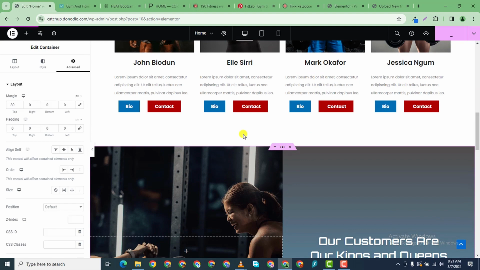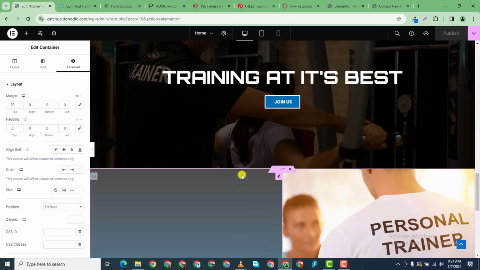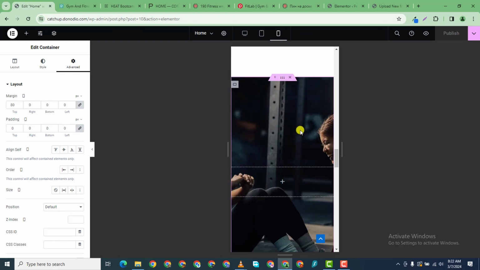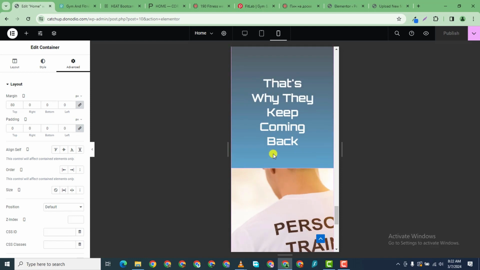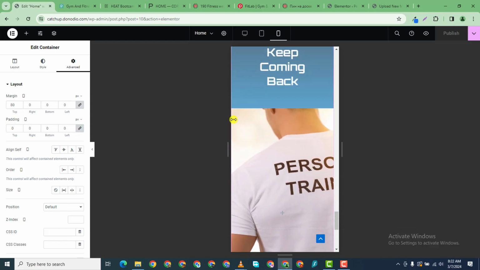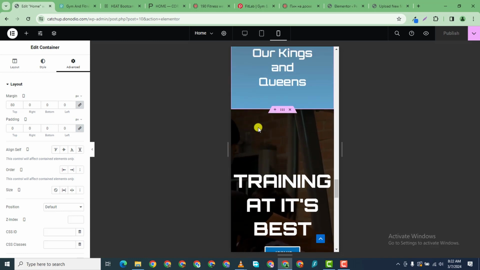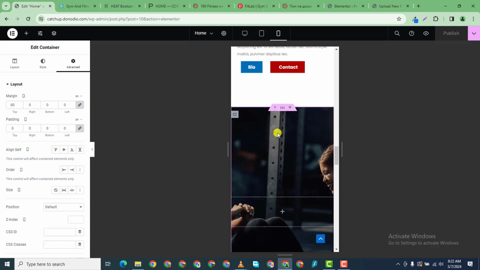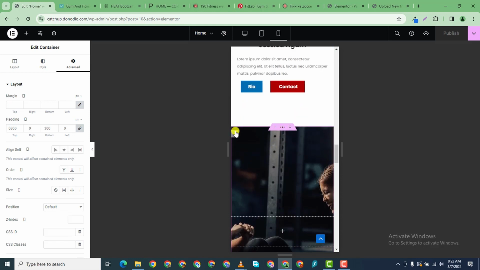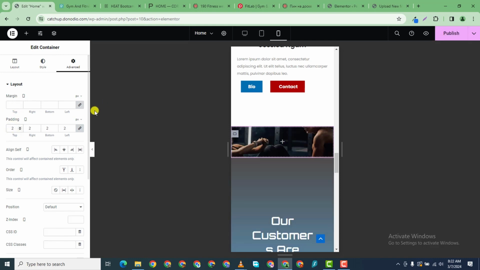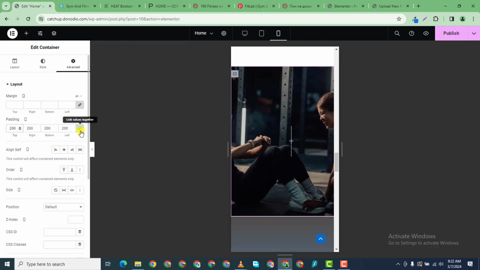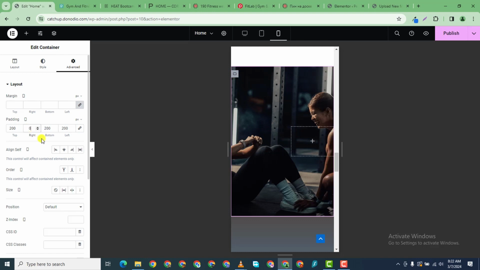Okay, so we have the basic layout of this page. Let us view it on mobile and see what needs to be changed. First of all, when we look at it on mobile, we see that these pictures are too long. The video is actually good, but we can make it a little bit better. So what we can go ahead and do is click here, and then we'll reduce the top padding to 200. It's giving it a padding all around. I'll remove this,